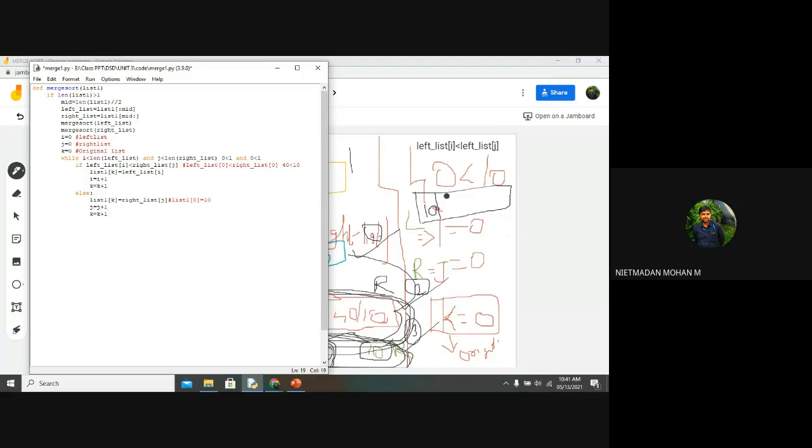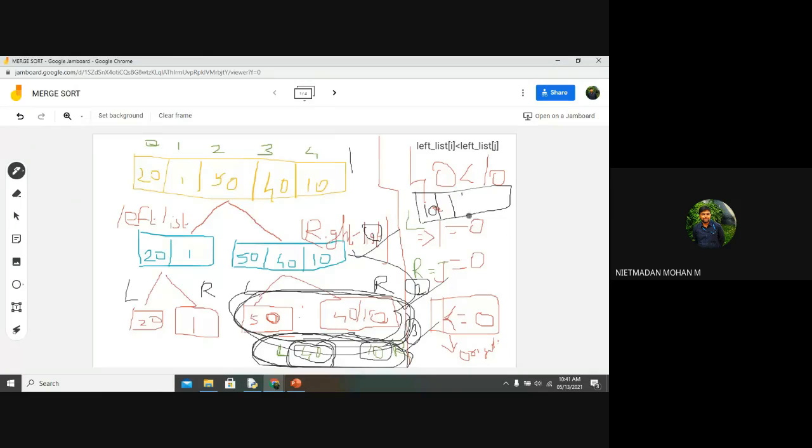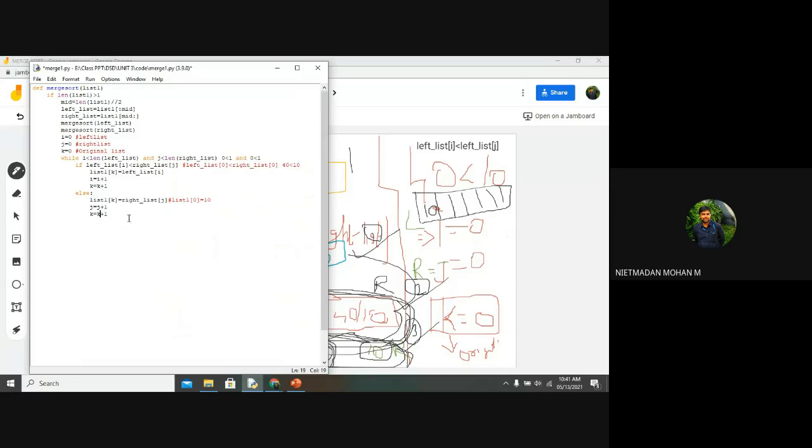K is the original index that will be incremented on both sides, whether the left hand side or the right hand side has the lowest or highest value. K will be incremented in all the loops. But I will be incremented only if I is less than, and J only if J is less than. So in the next stage J will be incremented by 1. Now 1 is less than 1, the condition will be false, right?